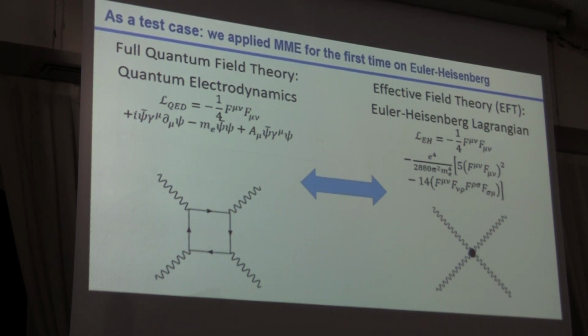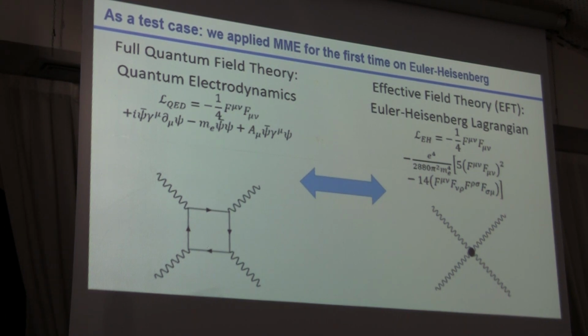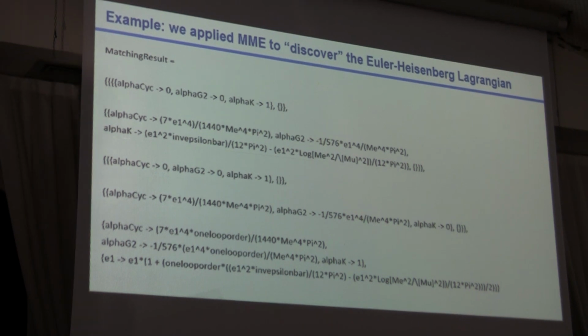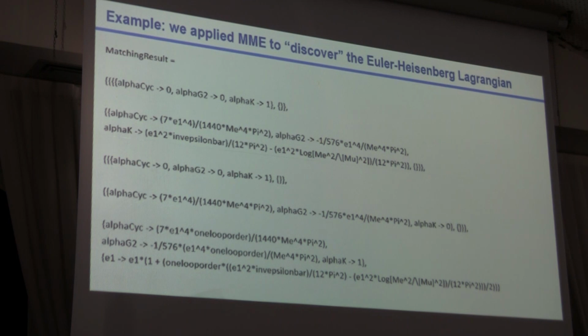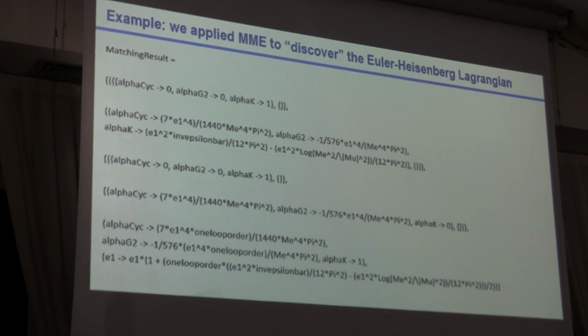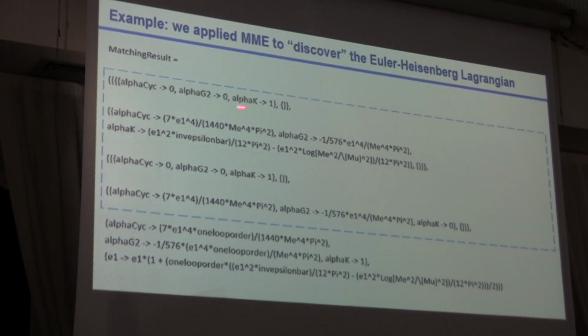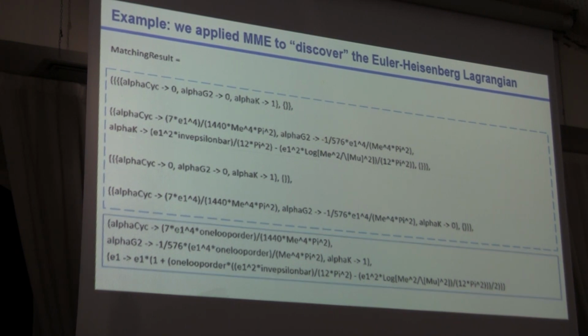So let me show you how it looks when applying it there. I think it gives a bit of a feeling for the kind of output that you get from applying this computational tool. I'm actually making it a little bit more friendly by splitting it into lines for different parts here. This is getting the QED Lagrangian and asking what's the EFT after removing the electron-positron fields as a heavy particle, so staying only with the electromagnetic field. And what's happening here is that there are some intermediate calculation steps and then the final result.